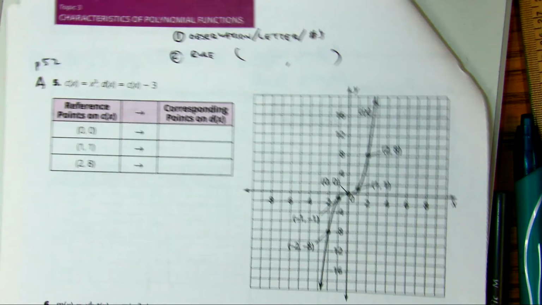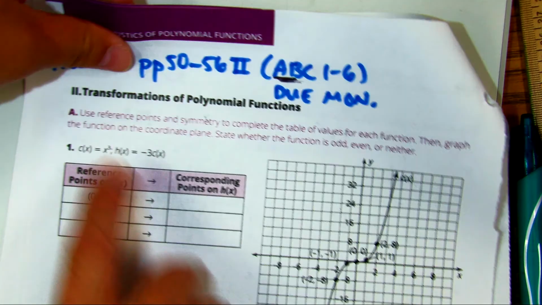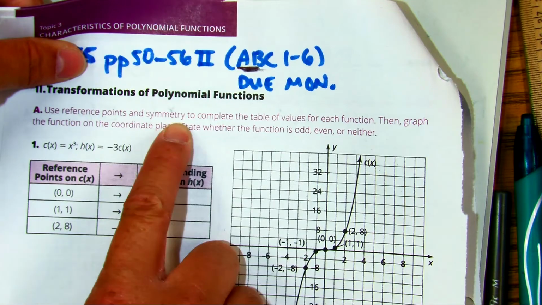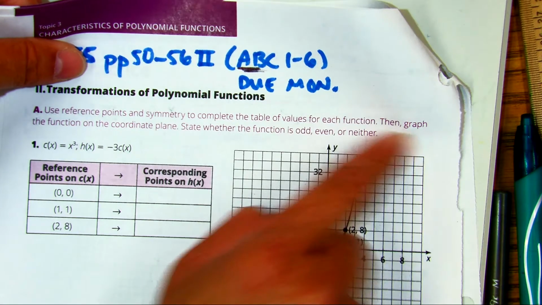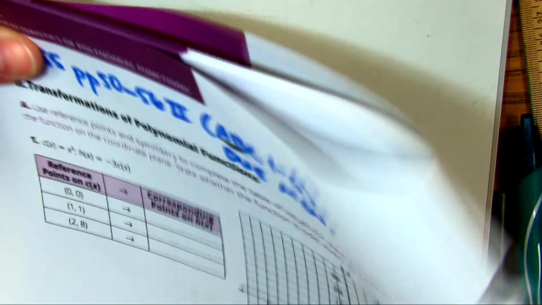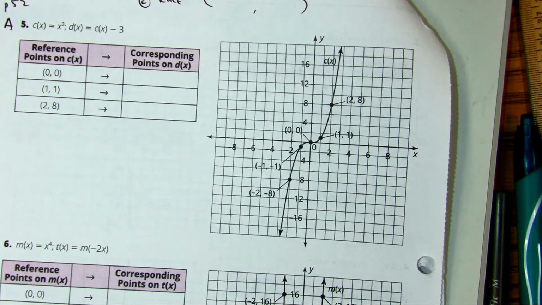In this problem, do the directions. Use reference points and symmetry to complete the table of values for each function, then graph the function on the coordinate plane. State whether the function is odd, even, or neither. So in question number 5,